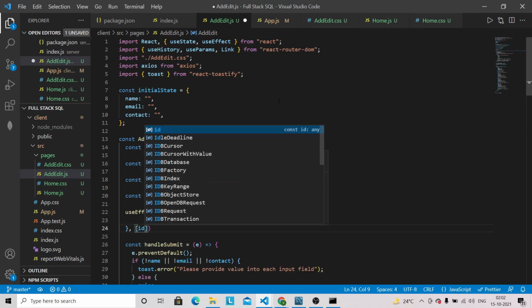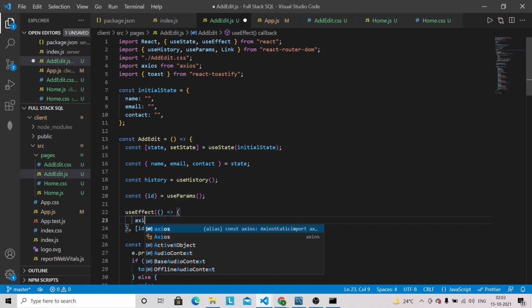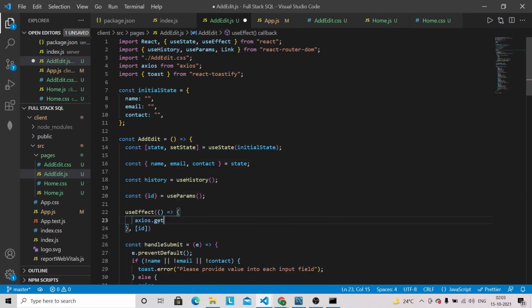So when we have the ID, that means user is basically updating the existing contact. So we can make this API request that we have created to get the single contact detail based on the ID. So inside useEffect we can use axios.get, and we can specify ID in the template literal only.